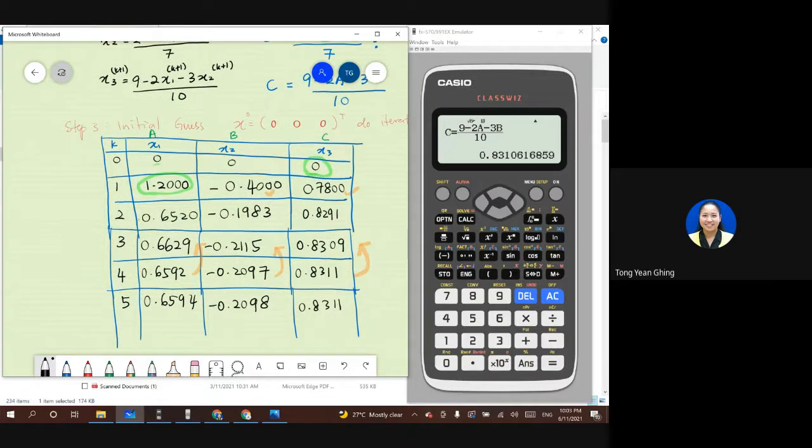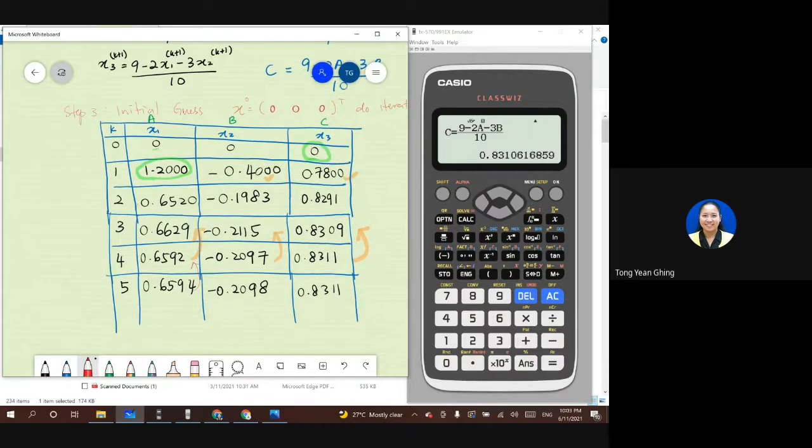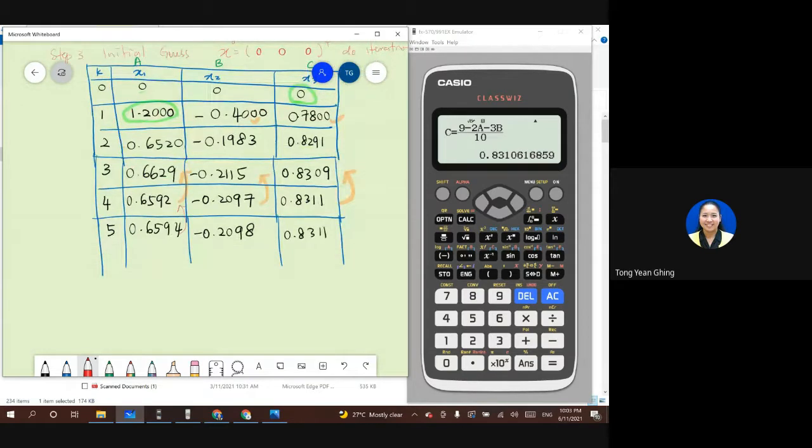If you look at this one, you compare. Let's say compare this one minus this one. Now let's say we do this one. This one compared with this one becomes 0.0002 and this one compared with this one, in modulus, 0.0001. This one 0. Okay, so basically we can stop at this iteration, iteration number 5, the 5th iteration,